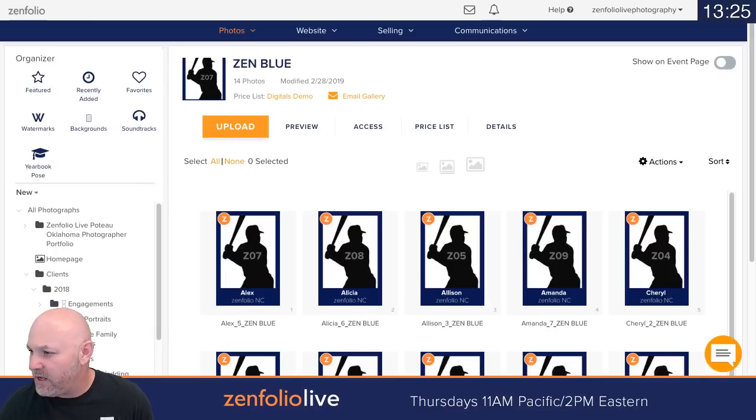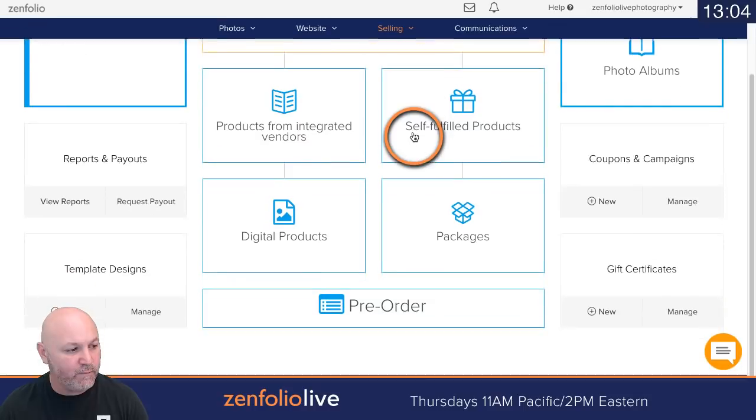Okay, Kelly says, I am the person who asked the question about selecting multiple photos for a product. Just an update. I sell collages that have 3 photos per single print, so I can't set up a second package. Any ideas or ways to get around this? So right now, Kelly, really the only option that I can think of would be